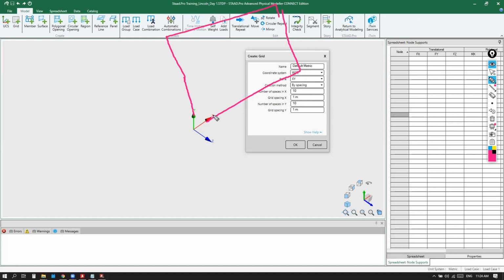Okay, so here it is the X, as you can see, it is the X and it is the Y. So which means I want to create this grid system in this plane. If you change this plane, or let's say, just click on this